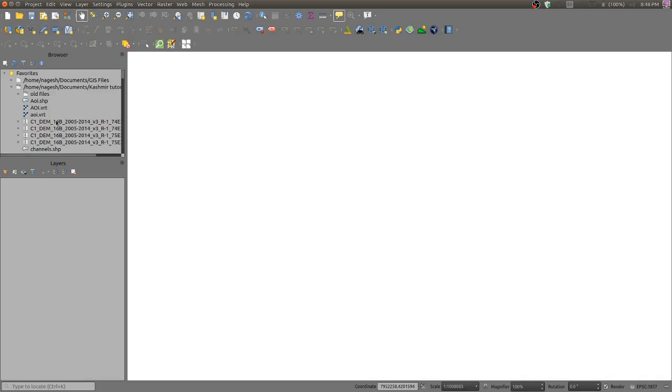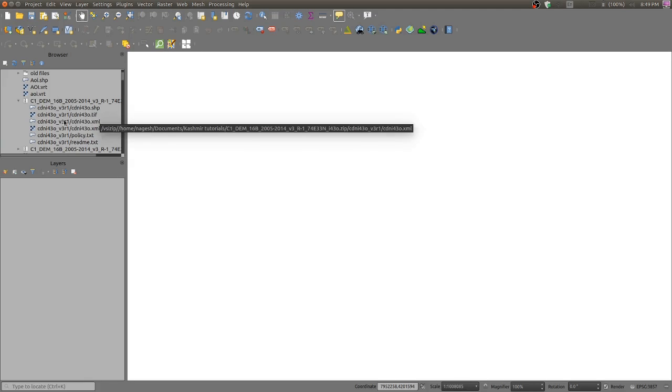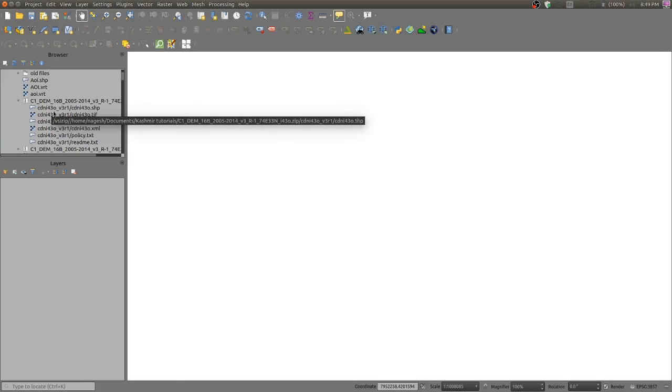This is the Cartodem which I have downloaded, and you see it is still zip, but this browser window can read the files inside the zip. So you need not unzip it and store it somewhere. You can add it as a favorite, and here you can see the zip file, and when you expand it, it will be showing the files within the zip file. Here you have to add this TIFF file.